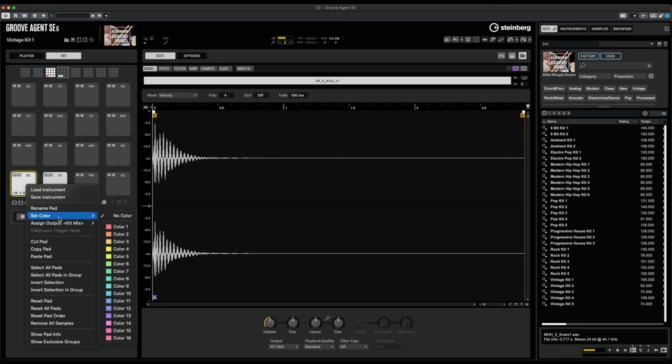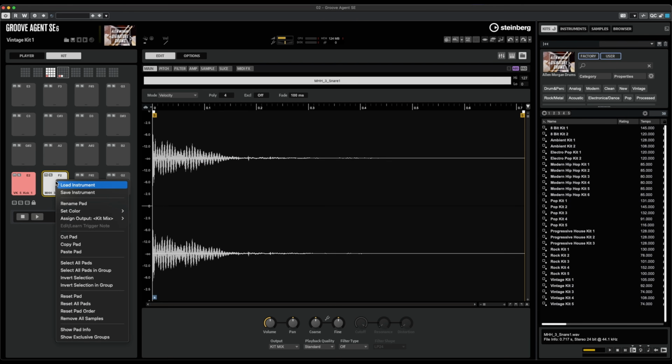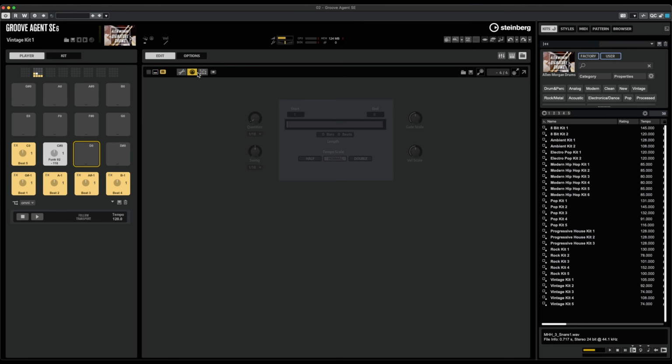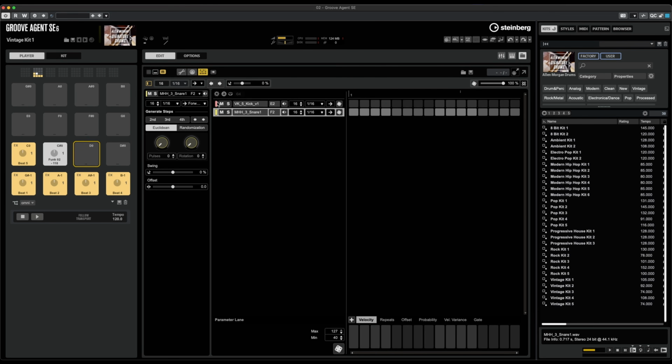Let's also give these a color. I'm gonna right click, make this one red, make this one yellow. And check this out. If we come over to player, you'll notice that if we select pattern mode, our corresponding colors will also show up here in the pattern editor. So there's a visual connection there between the kit and the pattern editor, which makes it easier to look at. And if we just draw in like a really simple pattern